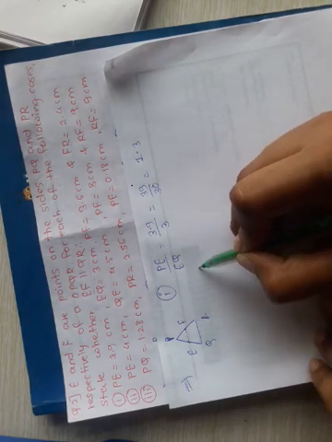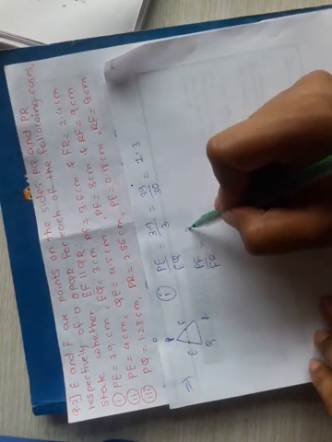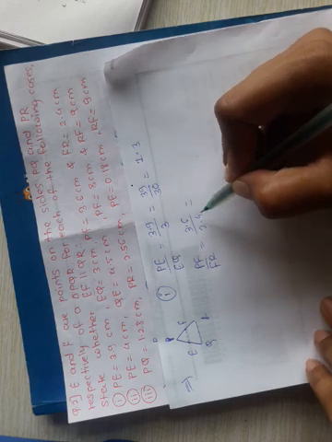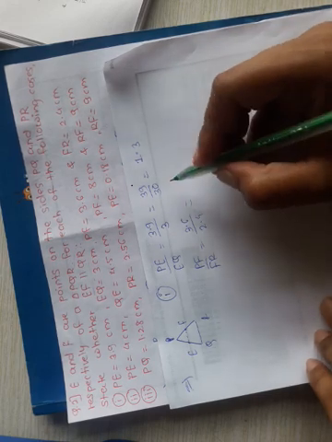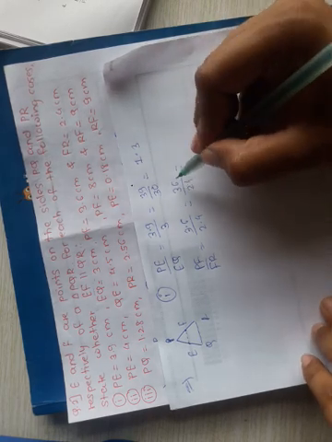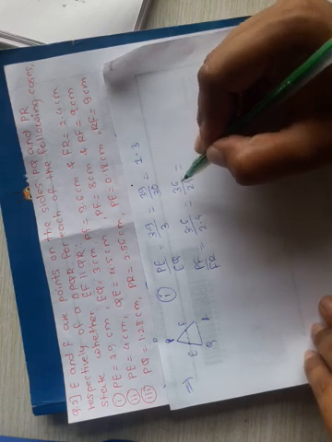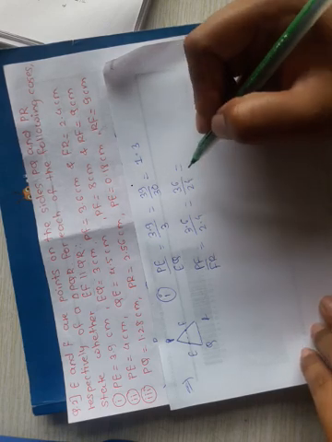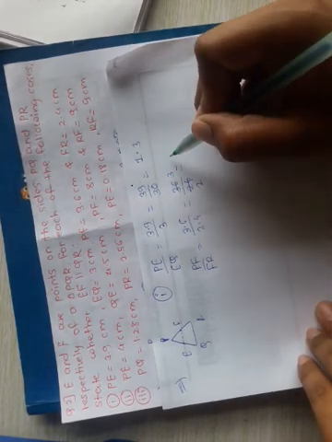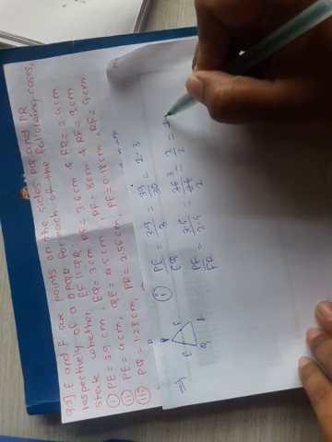Now the second ratio is PF upon FR. Here PF is given to us as 3.6 centimeter and FR is given as 2.4 centimeter. Again multiply numerator and denominator by 10, we get 36 upon 24. Now divide both by 12, since both 36 and 24 are in the table of 12. 12 twos are 24, 12 threes are 36, we get 3 by 2, and after dividing 3 by 2, we get 1.5 as the answer.